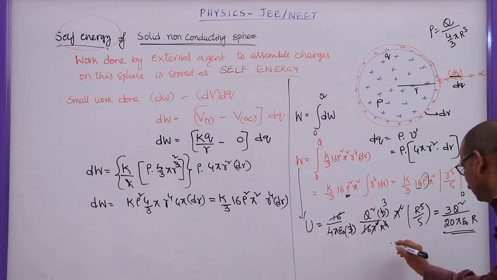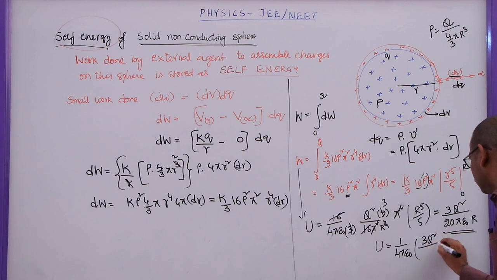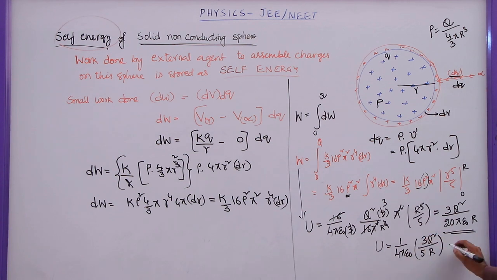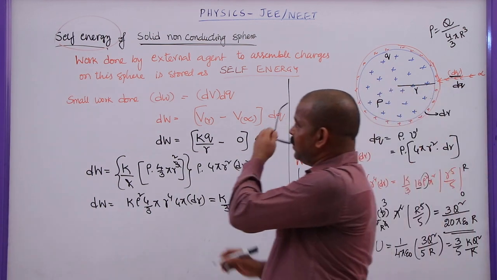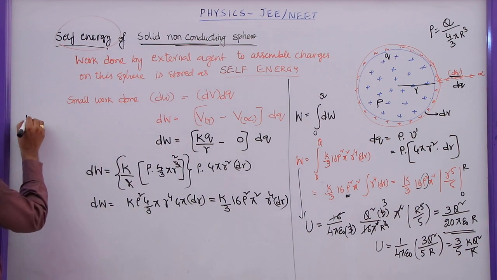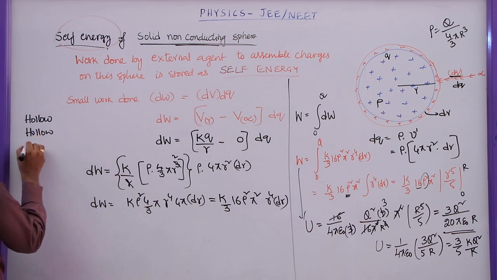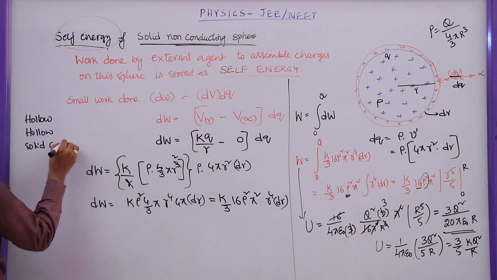This can also be written as, if you take 1 by 4 pi epsilon naught common, 1 by 4 pi epsilon naught 3 q square by 5 r. So this is k, so this will be 3 by 5 k q square by r. So this is the self energy of a solid non-conducting sphere. For a hollow non-conducting sphere, for hollow conducting, even for solid conducting,